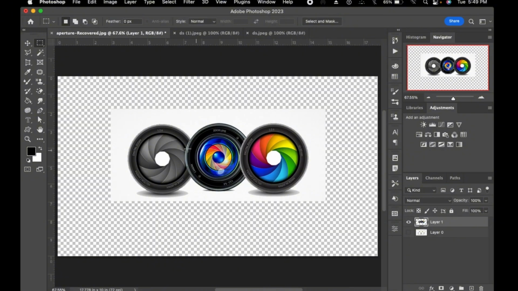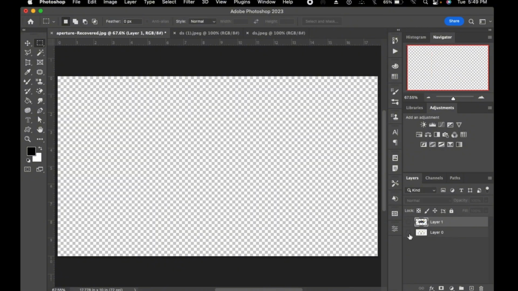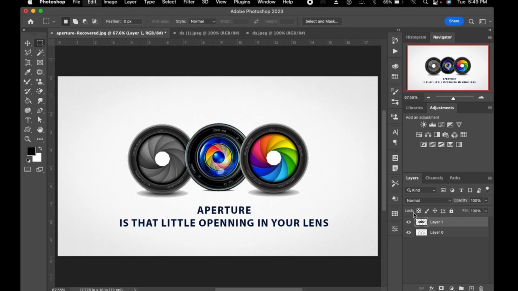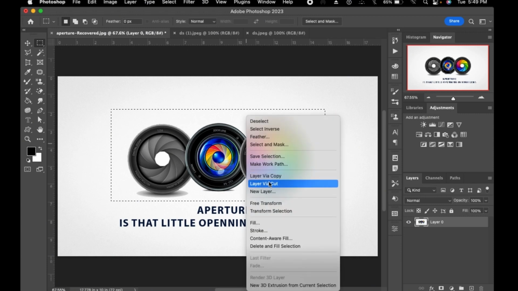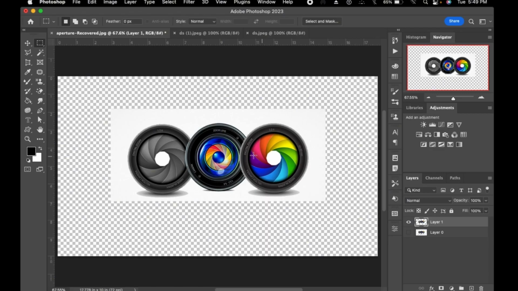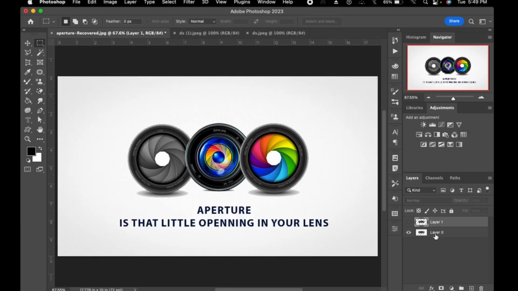Now we can see that it has actually cut it out, while the original layer does not have that particular portion we selected. So if we go to Layer via Copy, Command Z, if we go to Layer via Copy, it's going to copy the selected area into another layer. And like you can see, while you still have the original, we have the new selection in another layer, and then you still have the original. That being said, so we also have